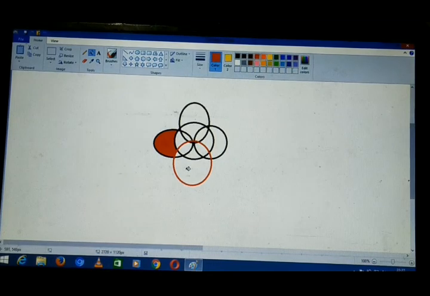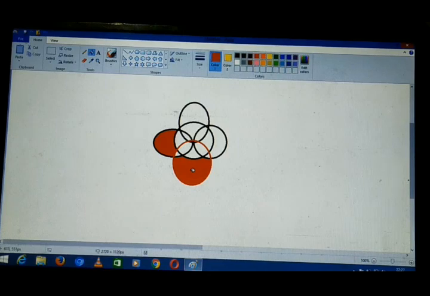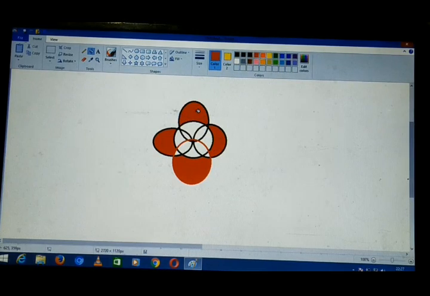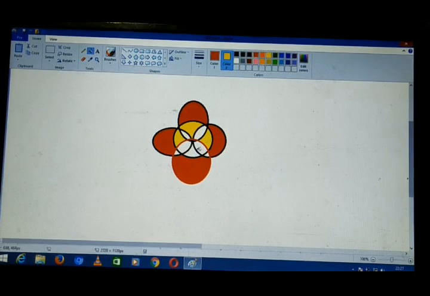Again, if I will be selecting this part, so this will be filled with foreground color. Again, this part if I am selecting, so this part is filled with foreground color. Again, if I am selecting this part, so this part is filled with foreground color. And now if I want to use yellow color, so right click, so it is getting background color. Right click, then it is getting background color. Again we can apply here right click and it is getting background color.